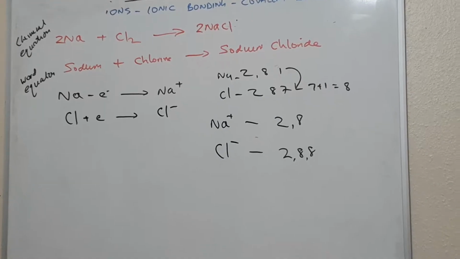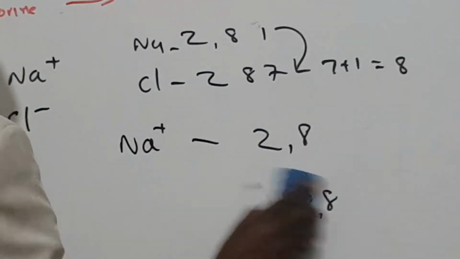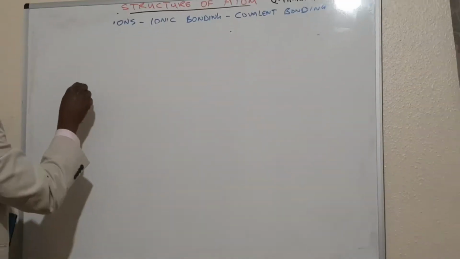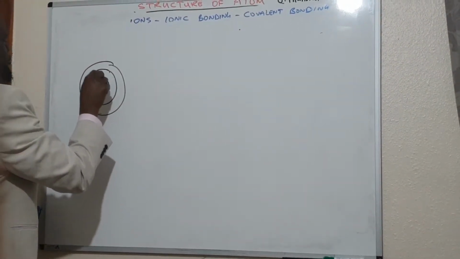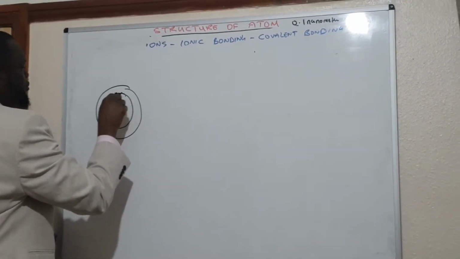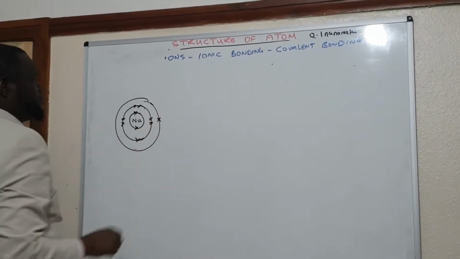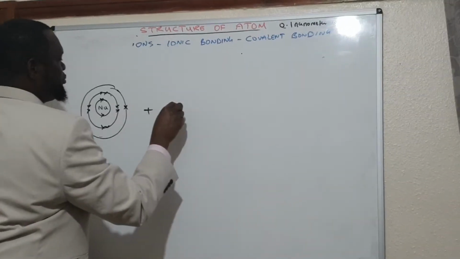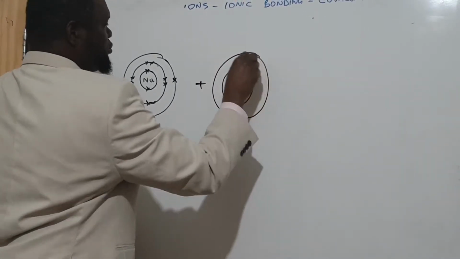Okay, so this is the chlorine ion, okay? This is chlorine. So this is the atomic diagram, how it happens. Now, the molecular one, you have to draw it like this. The two of them. Sodium, okay? Plus chlorine, Cl, okay,